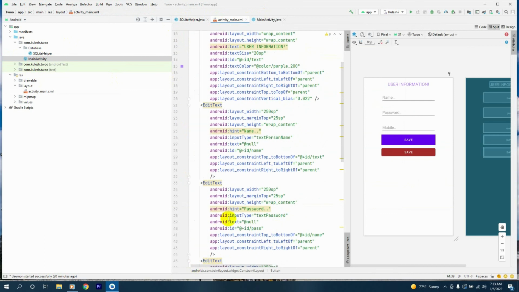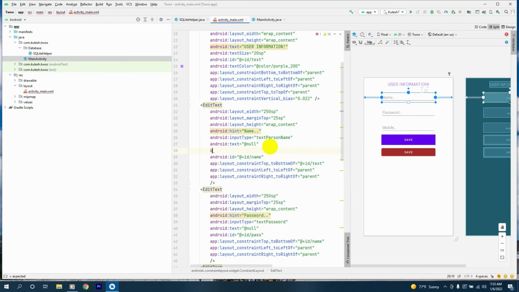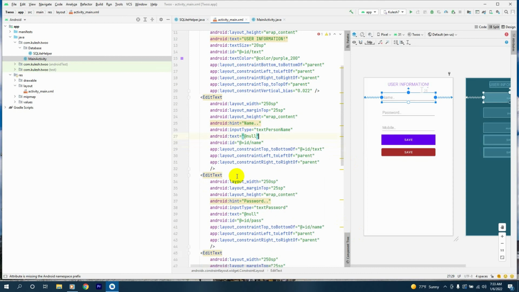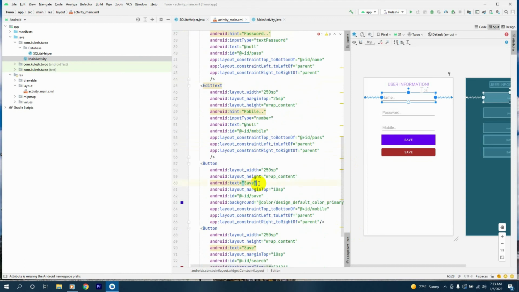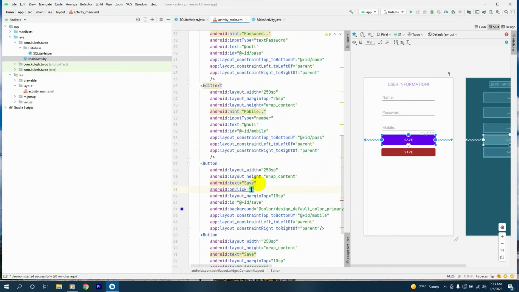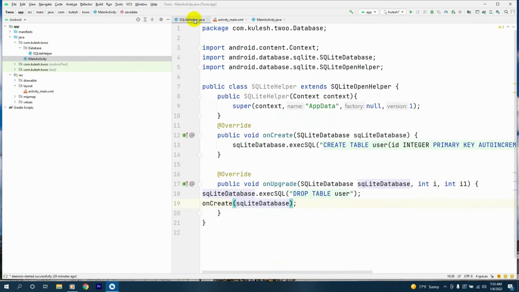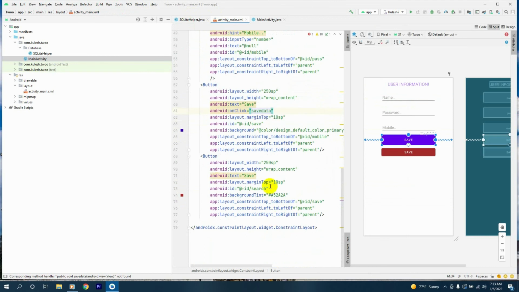Okay, first of all let's have a method on click for our button. For the save button, we say on click, and we make a method called saveData, and we'll click on the red bulb and create event handler in the main activity,